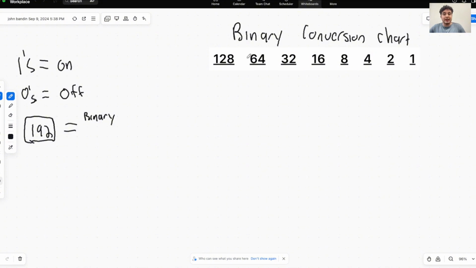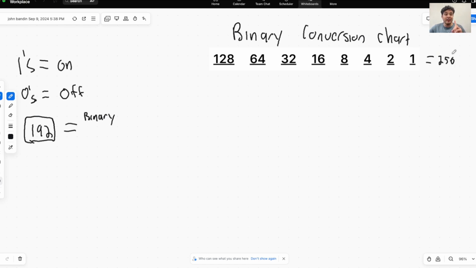We're going to use this binary conversion chart. And this is going to be binary conversion, the basics of binary as far as it relates to IPv4 and IP address. So if you can see here, we have 1, 2, 3, 4, 5, 6, 7, 8 numbers here. And this is going to go in the powers of 2. So you can see, if you go to the 2 to the power of 8, right? And we add all these up, that's going to equal